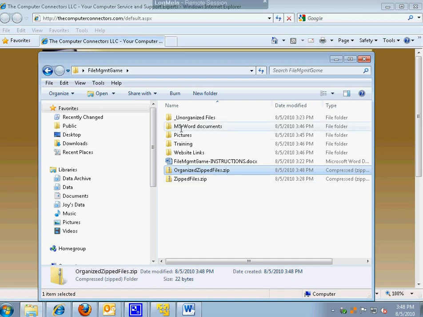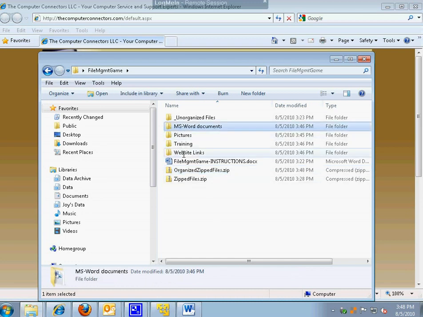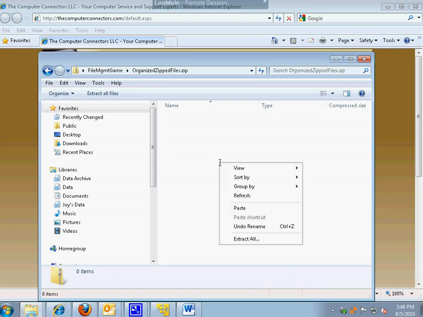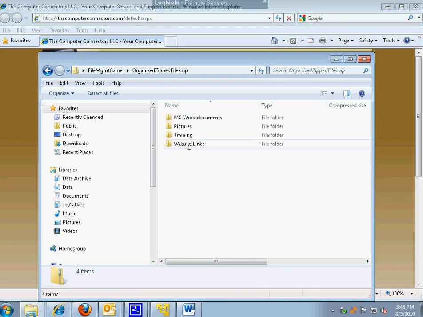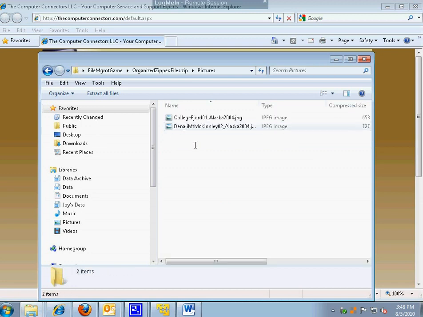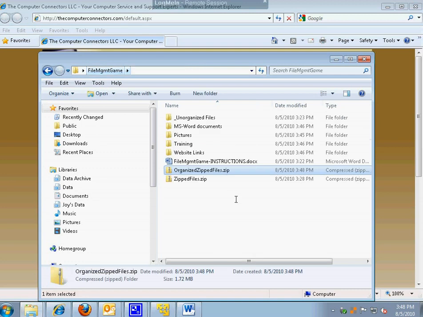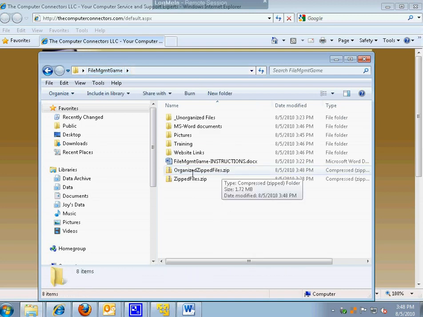And I'm going to take this folder and all four of those folders actually, and I'm going to right click them and copy, and now I'm going to put those inside of my organized zip folder. So now I have those folders and files that I organized a little bit ago inside of this zipped file called organized zipped